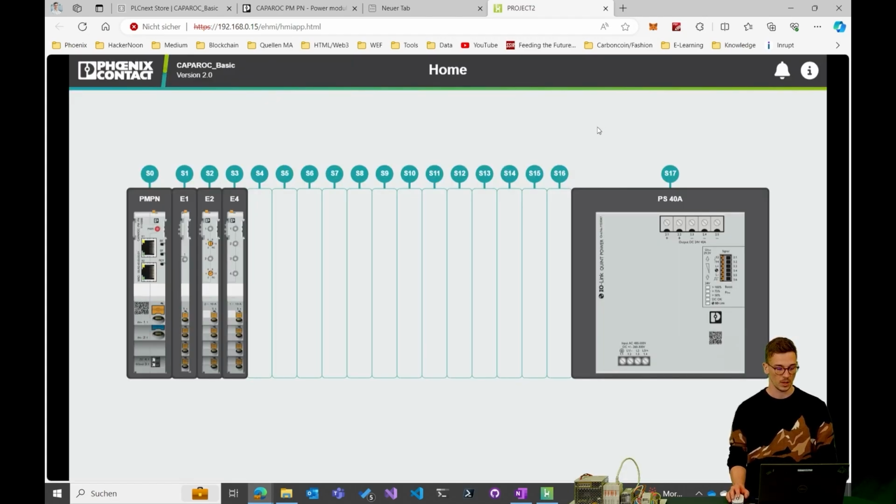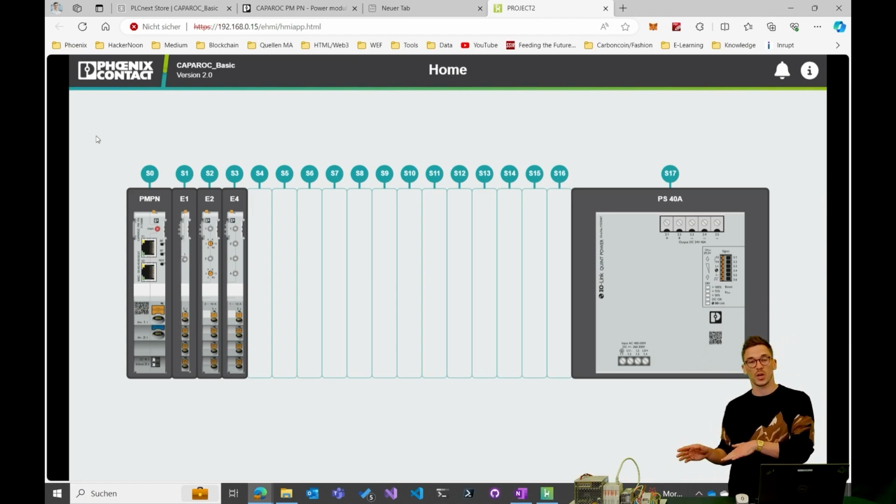Okay, here you can already see this is basically the home page, and you can see that it automatically sets itself up according to your hardware. To be specific, it's not according to your hardware, it's according to the function block you instantiated in your program.